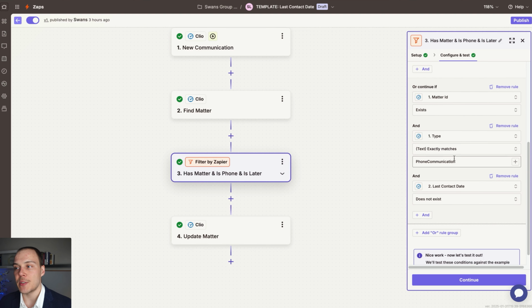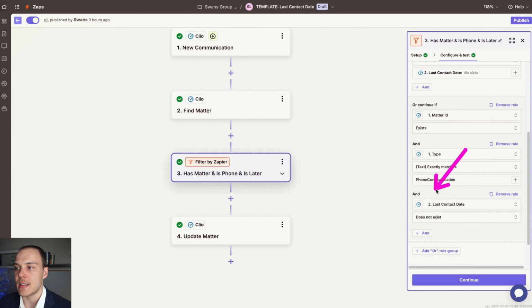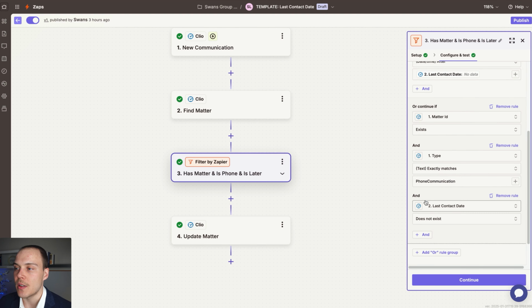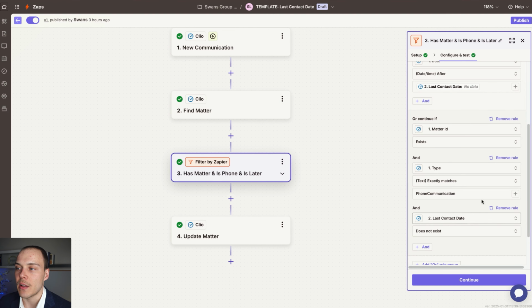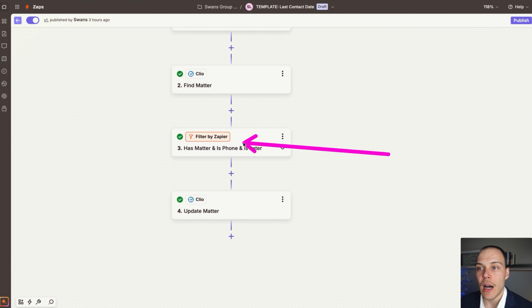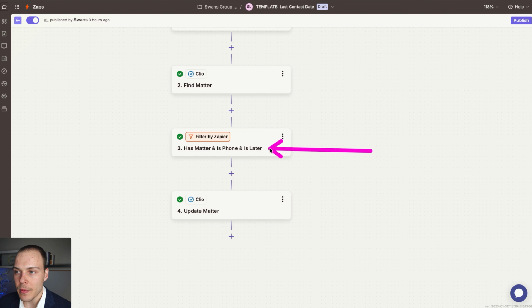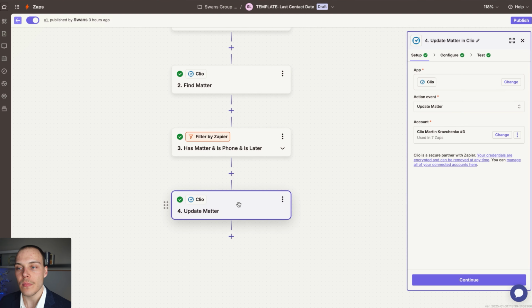The other thing that I'm checking is that the last contact date potentially doesn't exist for the matters that again haven't had any communications previously, in which case we want to continue the execution even if there is no value in there. All right, after that, if the filter has been passed, i.e. it has been connected to the matter, it is a phone communication, and it is later than the current last contact date on the matter that is already set, we're going to be updating the matter with the date of